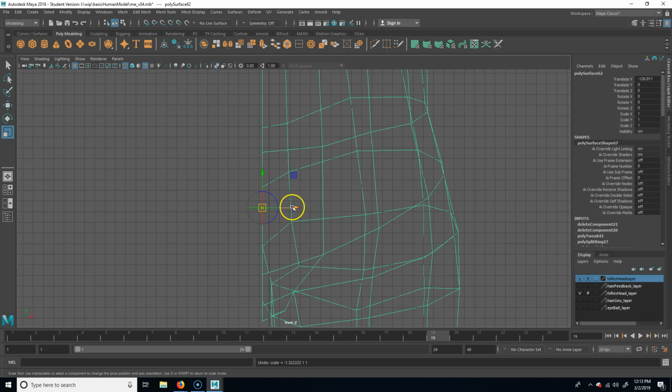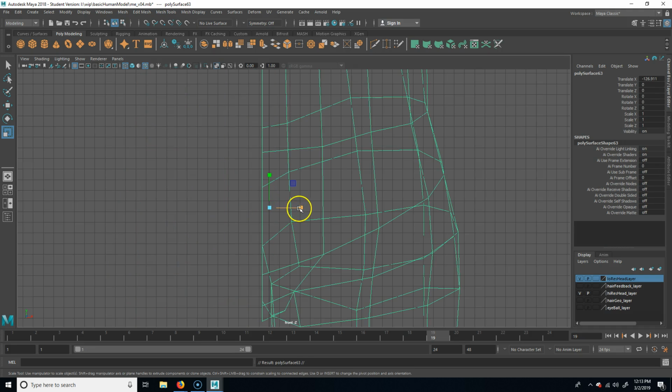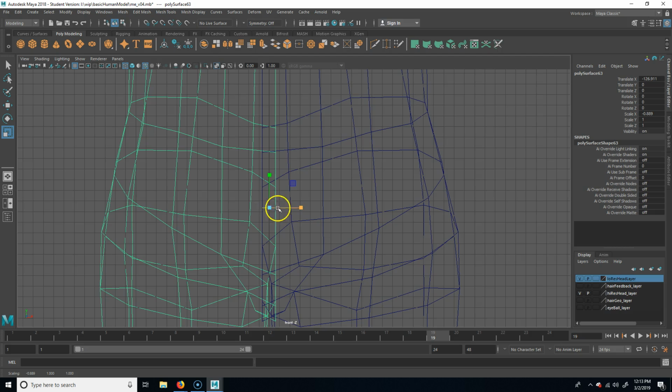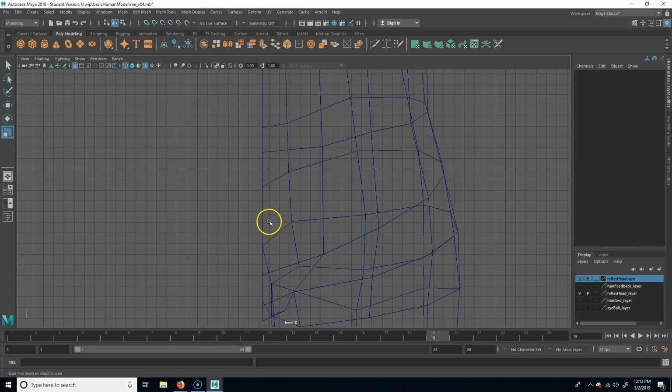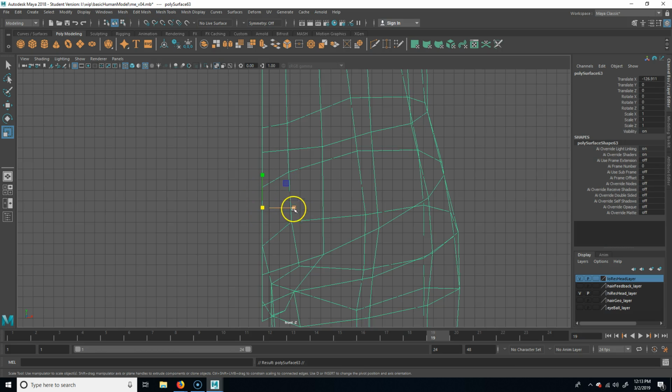Because if it's off, I'm just going to hold D and move it over a little so you can see. You'll see that when I go to flip it, see how it's going to cut into itself? Like if I duplicate it and then flip it, see how that doesn't work? So you want to make sure that with D and V, you point snap it to that center, so that when I go to flip it,